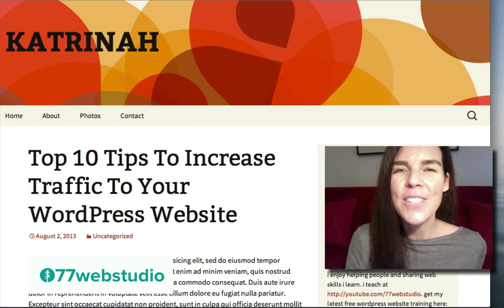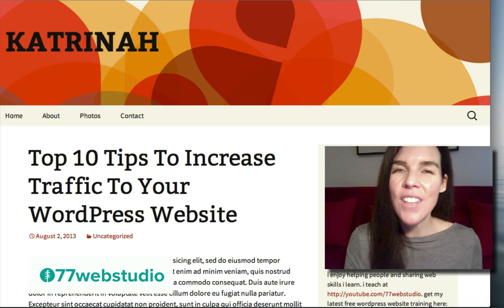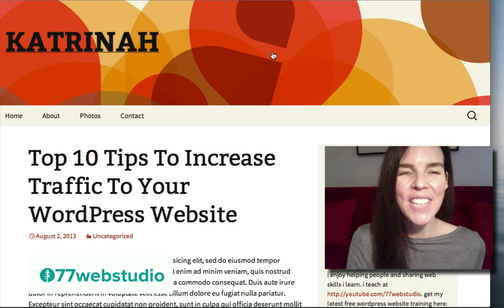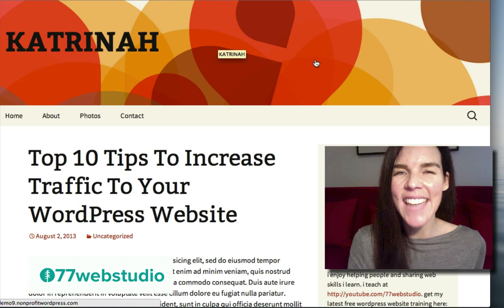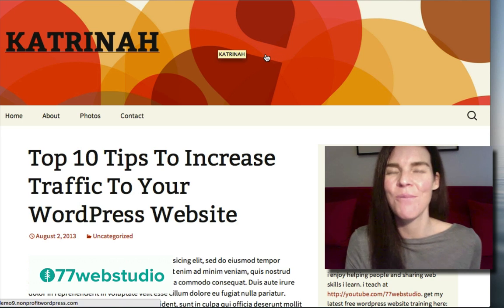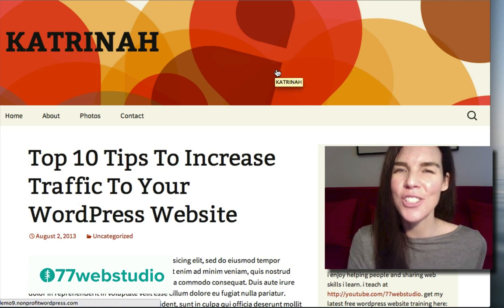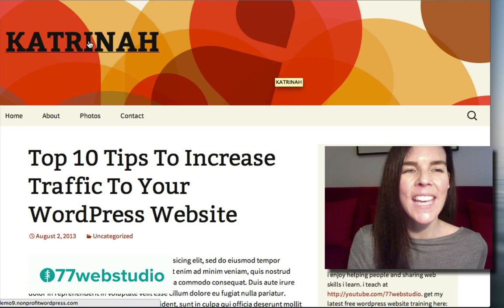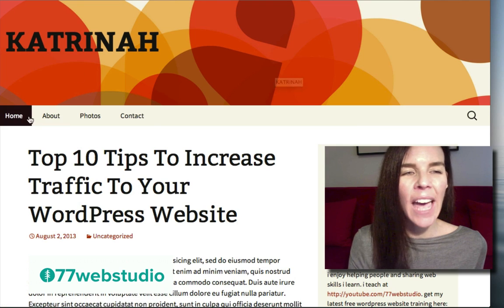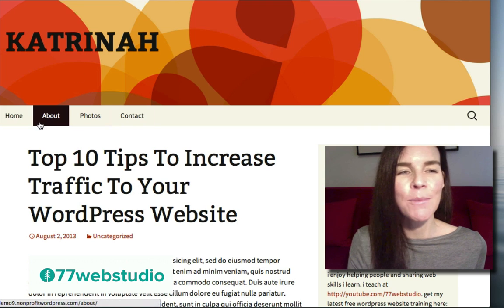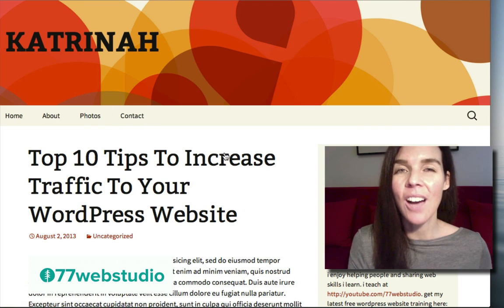Here we're on the home page of the 2013 theme that comes when you install WordPress version 3.6. And as we can see, this is a really fun, colorful looking theme. So at the top, you'll have your banner, which right out of the box, you'll have this kind of 70s style banner with different shades of orange and red and yellow and these large circles. You'll also have your website name or a logo, depending on which you prefer to add. Then you'll have your different menu navigation items right here, and then you'll have your blog content.